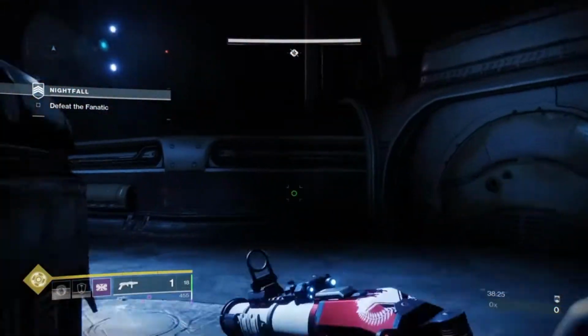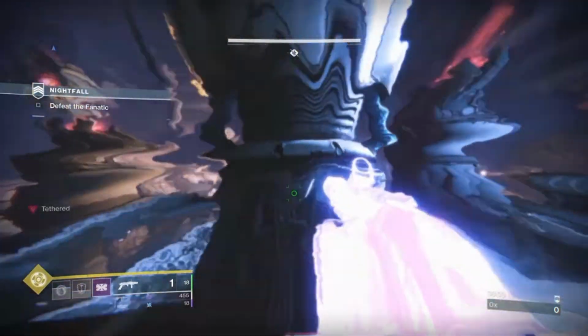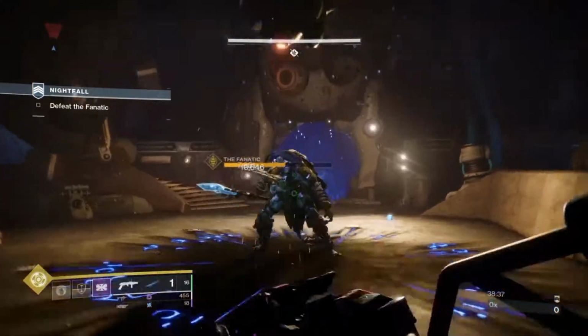A moment later, he'll tether you and teleport you into the air, drawing you towards him. You want to break his shield before reaching him, or he may stomp you into oblivion. Break his shield, hit him once or twice with Mountaintop to spawn the next wave of ads, this time on